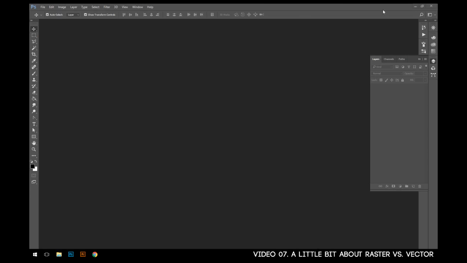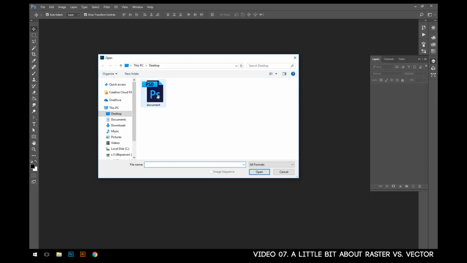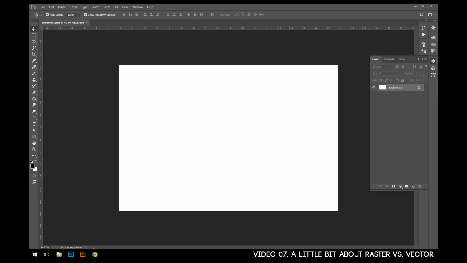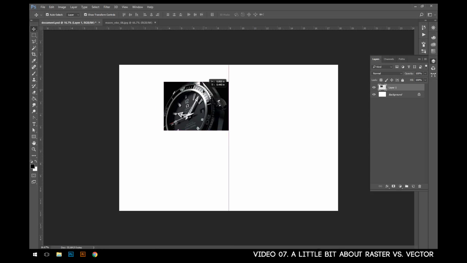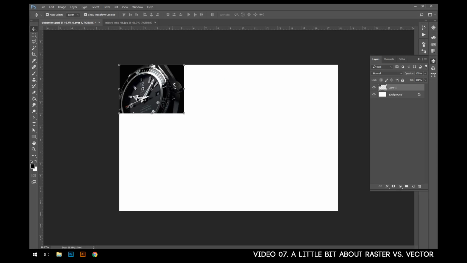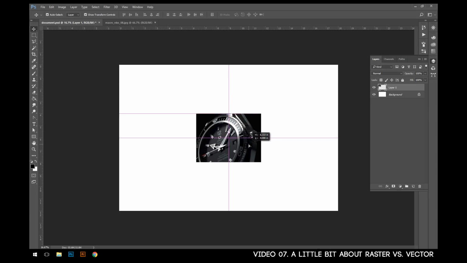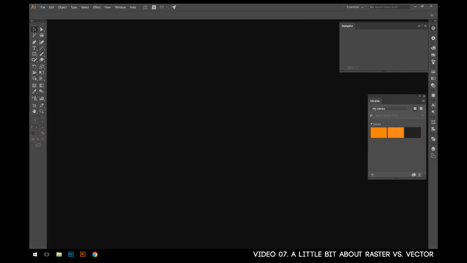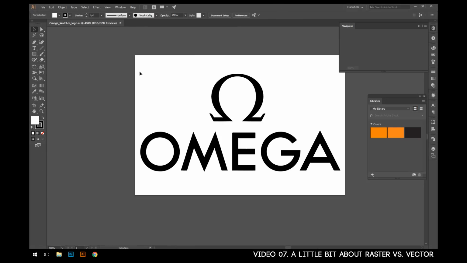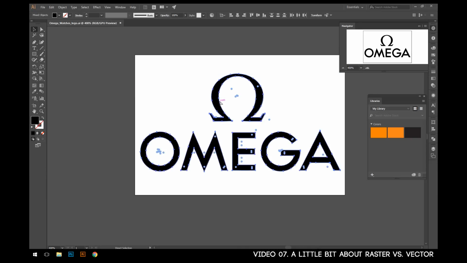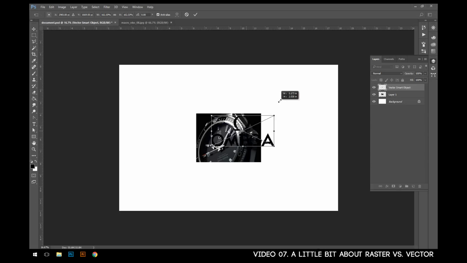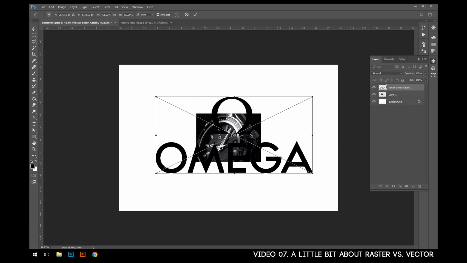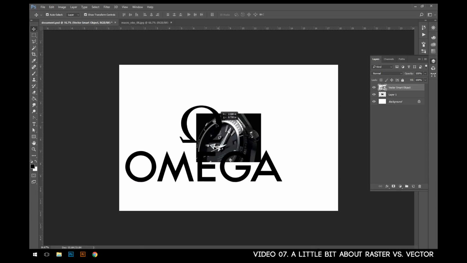There it is. All right, so from Photoshop, I'm gonna go ahead and open up my document that I created, and I'm going to open up an image inside the document. I'm going to keep it at its normal size first, and I'm going to open up the vector file I have, and I'm going to go ahead and bring that over into Photoshop using the copy paste method to make a smart object. Okay. All right, so first off,